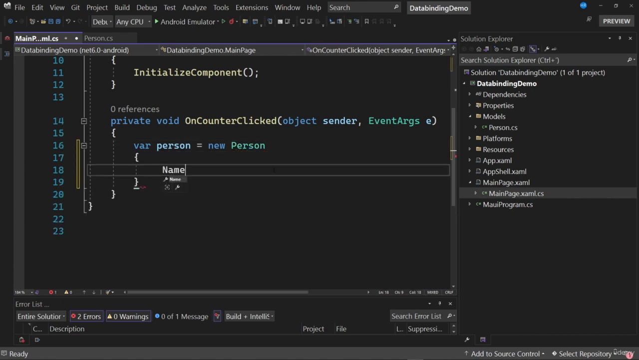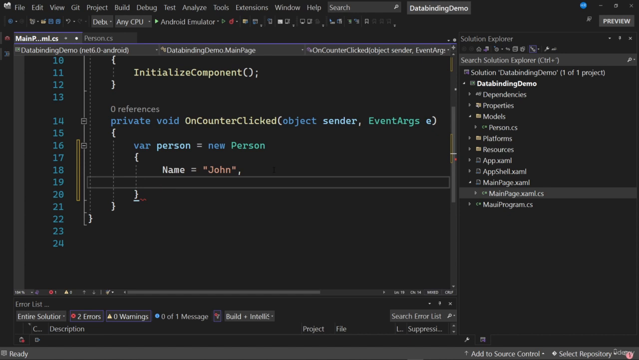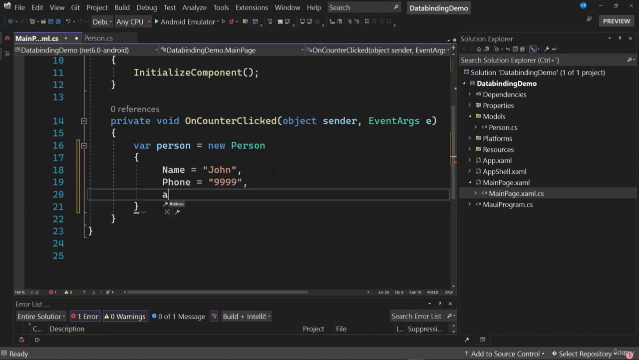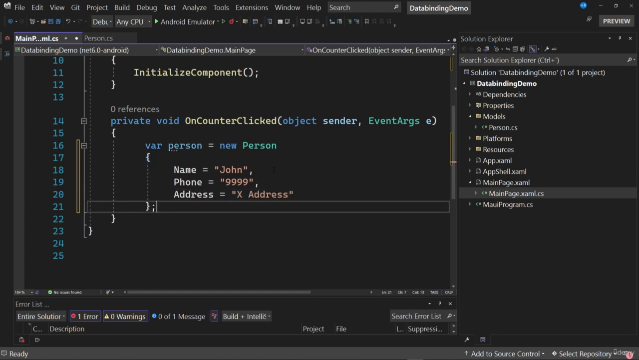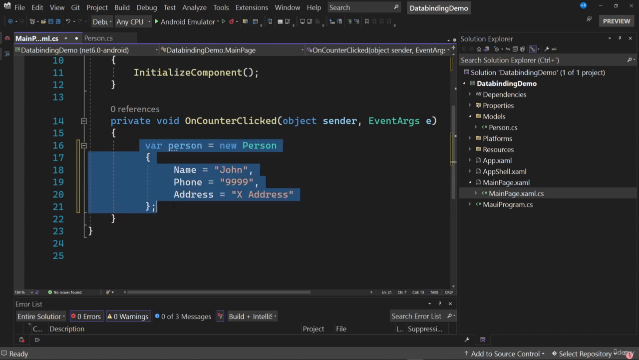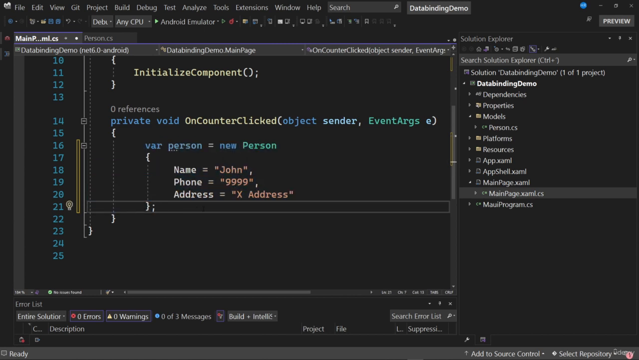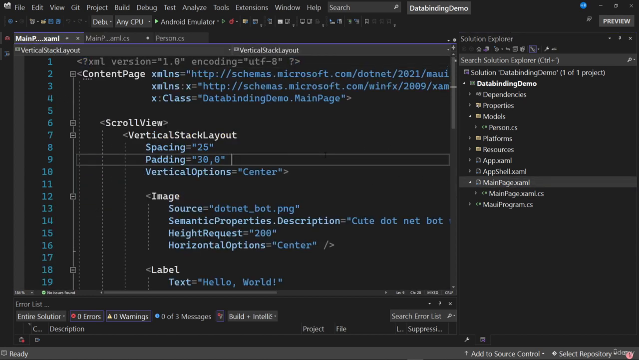DataBindingDemo.Models. And once we have done this, we're going to fill the information of each one of the properties with fictitious information, as for example, Name equal to John. Let's put in a random phone number and finally a random address as well. Once we have filled in the event handler information that creates the instance of the person, let's go to the